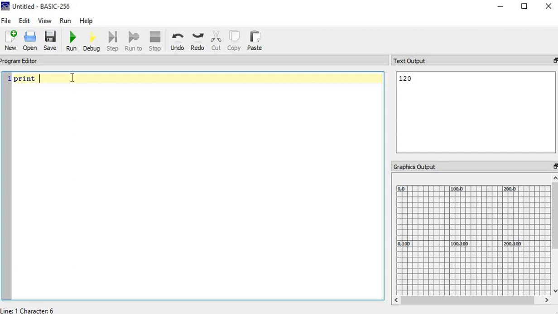And if I want to divide, say 50 divided by 10, I get 5. So this is how you do it. And remember, in case of multiple operators, the order of operation is exactly the same as it is in mathematics, that is BODMAS: brackets, order, division, multiplication, addition, subtraction.